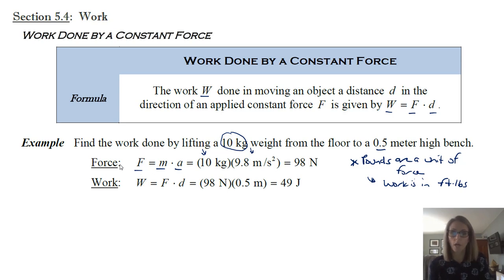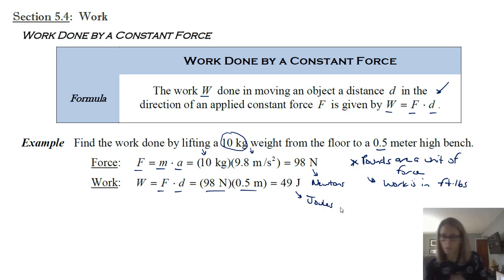Now, in terms of force for the metric system, this is newtons. That's the measure. And if you end up doing stuff in physics, you'll see a lot more of this type of thing. We just see this section here. So that's newtons, and then work is force times distance, just like we saw up here. So still force times distance. It's just that you're taking your newtons and multiplying it by the distance, in this case, how much you are lifting. And that unit is this J, and that is joules.